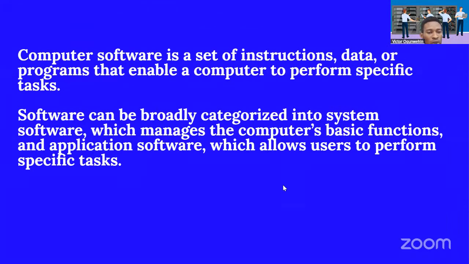Okay, we have computer software. Computer software is a set of instructions, data, or programs that enable a computer to perform specific tasks. To understand what hardware and software are, software looks a bit abstract, but this is the time to have a breakdown. Computer software is a set of instructions, data, or programs that enable a computer to perform specific tasks. What we mean here is